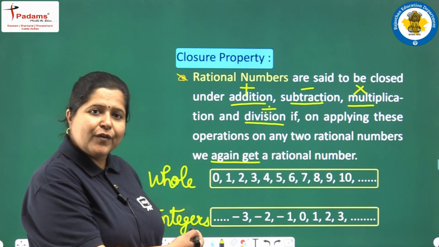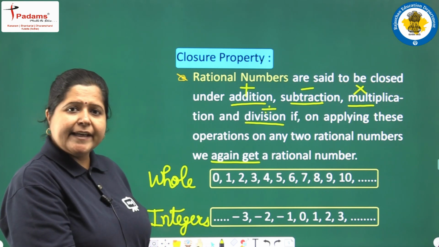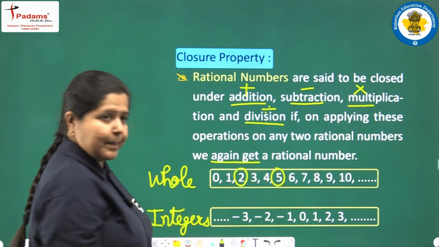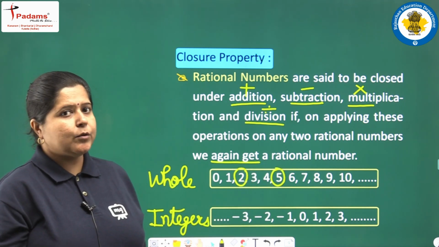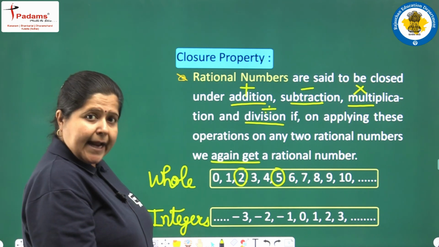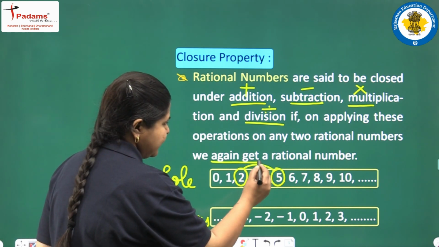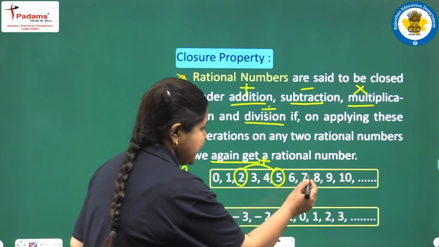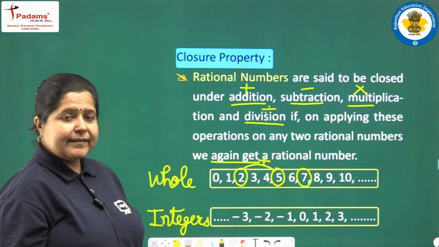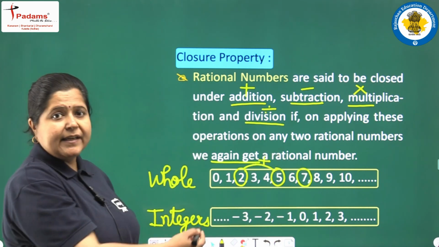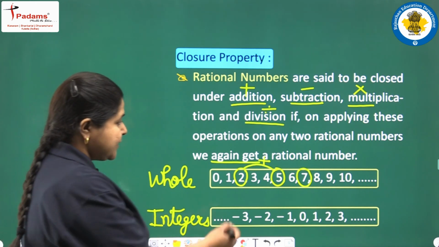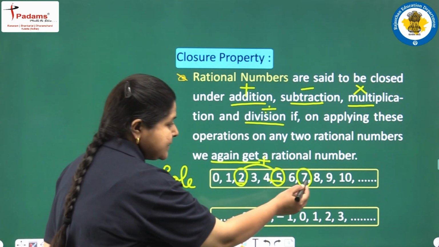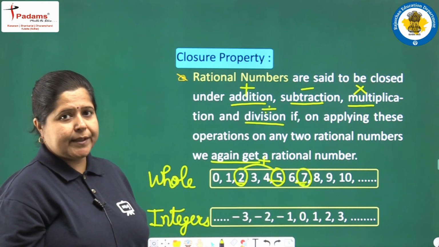First we take the case of whole numbers. Let us consider any two whole numbers. Let me take 2 and 5 and let us apply one operation on both of them. Let us add both the numbers 2 and 5. If we add them, what do we get? 7. 7 is the answer. You will find that 7 is also in this same family, whole numbers. Here the two numbers that we have operated, they are also whole numbers and the answer that we got is also a whole number.